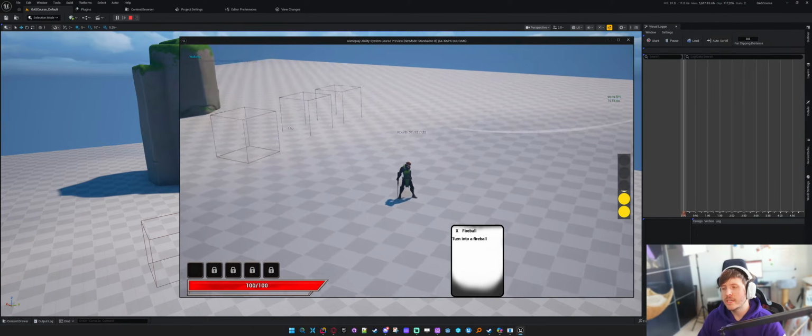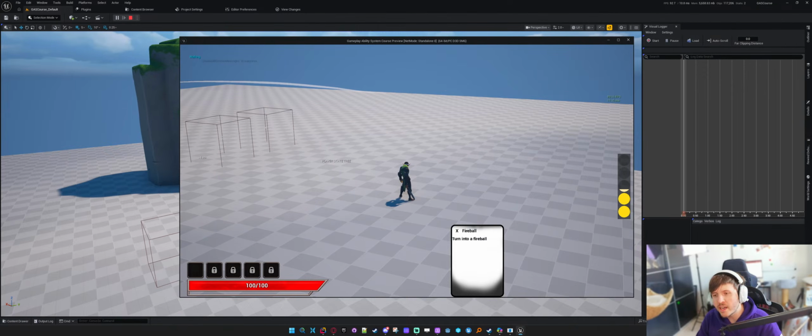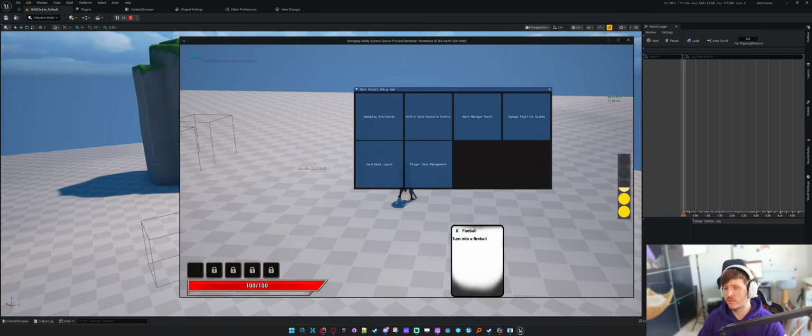So today we're going to step back and look at our debugging tools, because I want to start integrating and hooking into my deck manager component, being able to add cards, view all the cards in the deck, all the cards in the game, and remove cards from the hand and from the deck, and test out synergies on the fly,